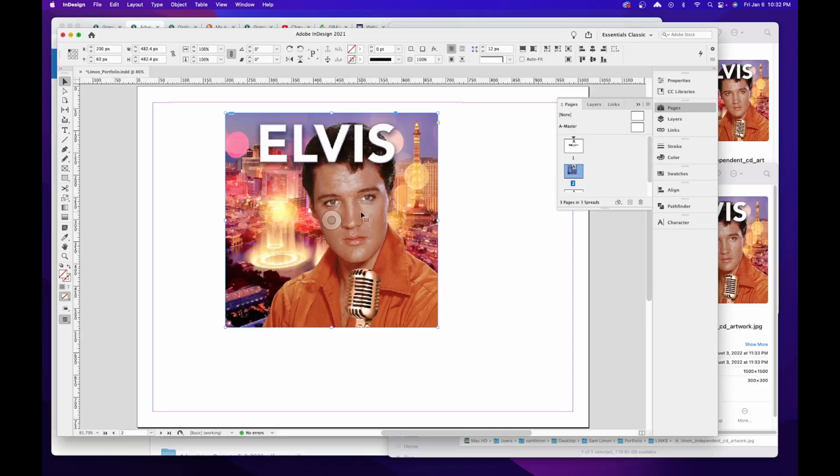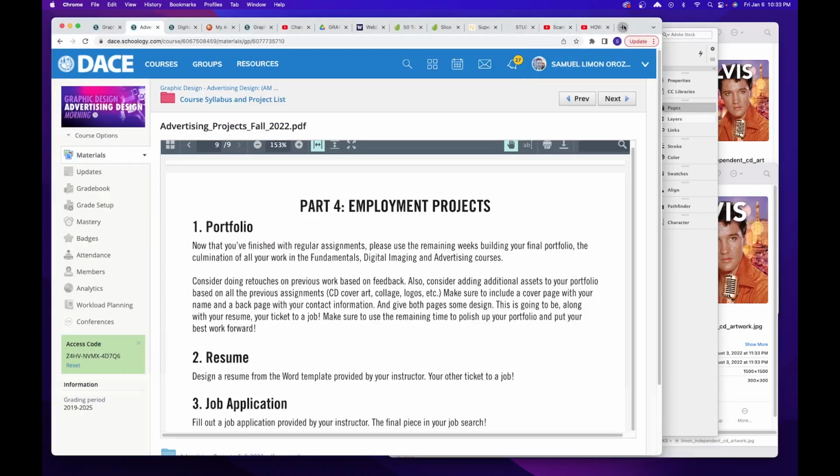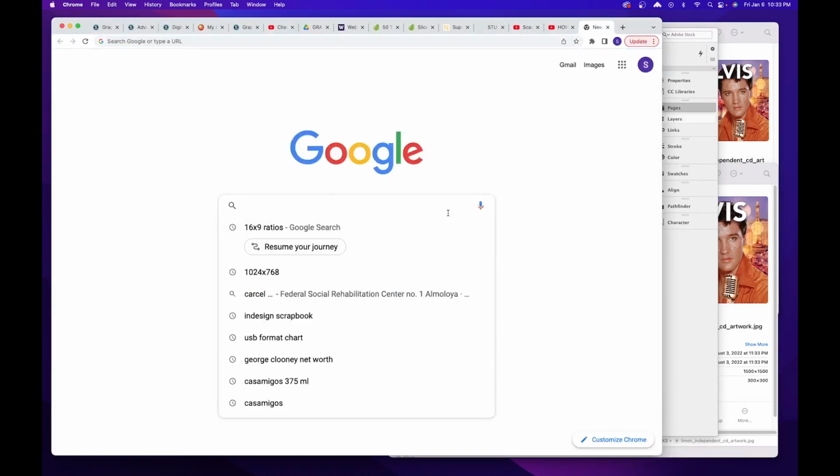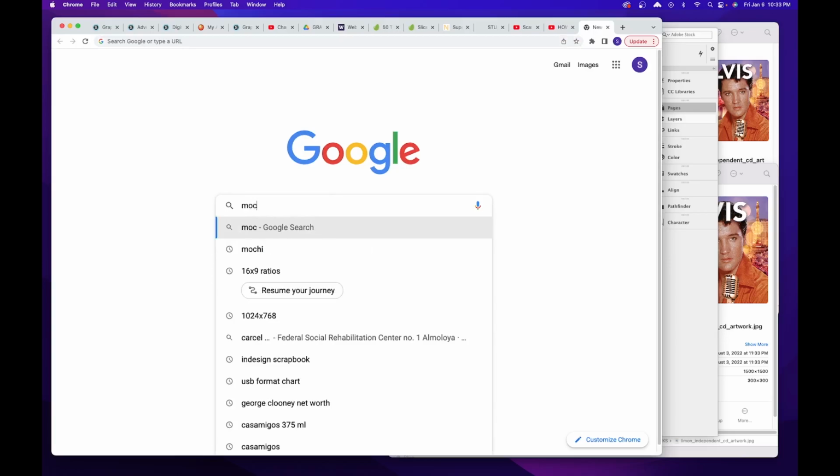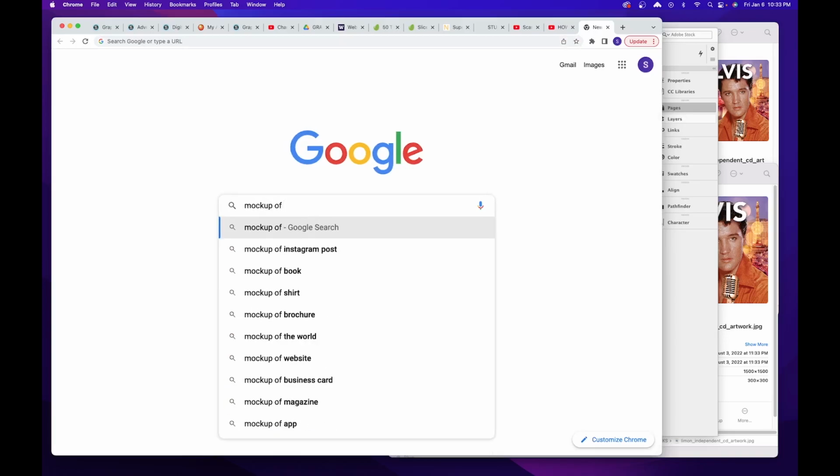And I could simply show it off like this, add some information about it, or I could go a little bit above and beyond, and I highly recommend this, is I'm going to go to the internet and find a mockup. So I'm going to look for a mockup of, let's see, CD